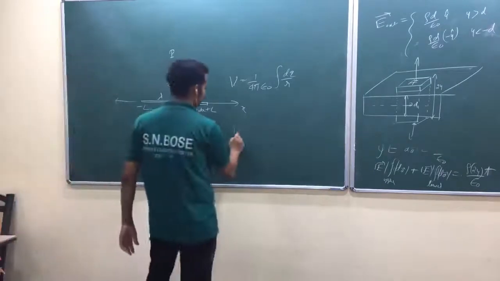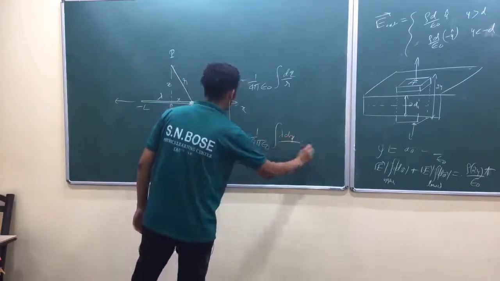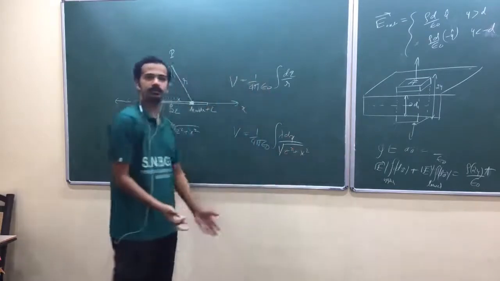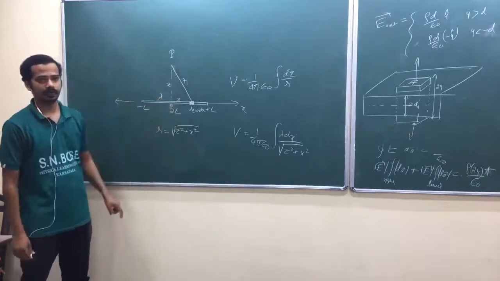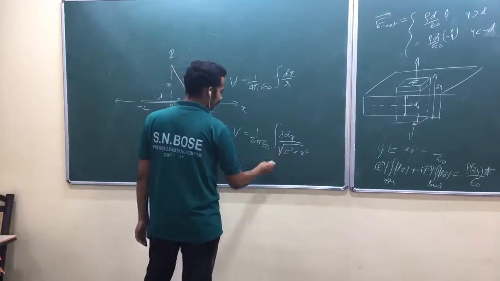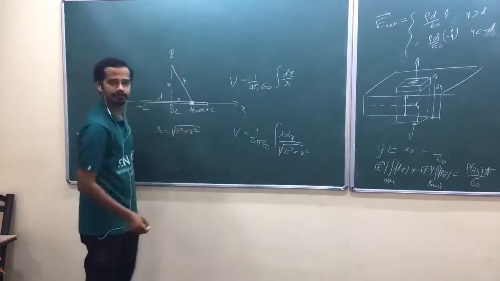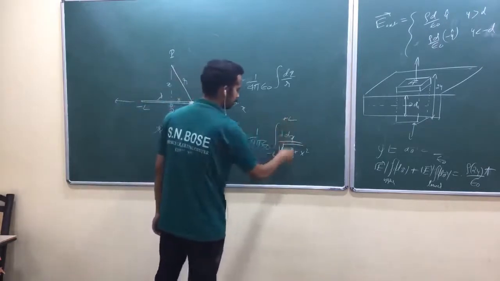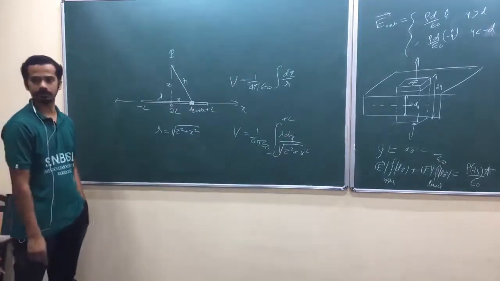So now potential is equal to 1 by 4 pi epsilon naught. What is dq? Lambda dx. What is r? Root of z square plus x square. Look at here. No need to find any component. Am I right? We are finding a scalar quantity here that depends only on the magnitude of this one. Is it? So now what is the x range? Your x should range from minus L to plus L. Look at here, there is one even function. You can convert it into 0 to L. You can do that one.